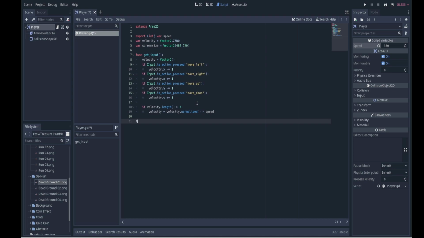So let's create the _process function, and there it is. Notice functions that begin with the underscore like that means that they are built-in functions. They already exist and are provided by Godot. Notice our function we made does not start with an underscore. get_input is not a function that comes ready with Godot. We created it. Okay, so we can call our get_input method,